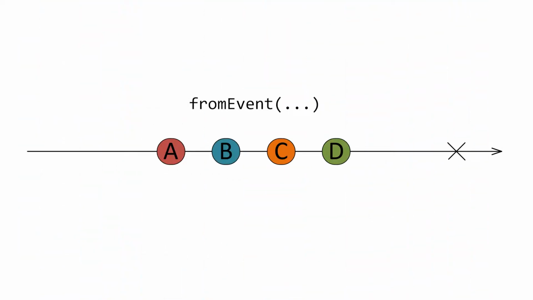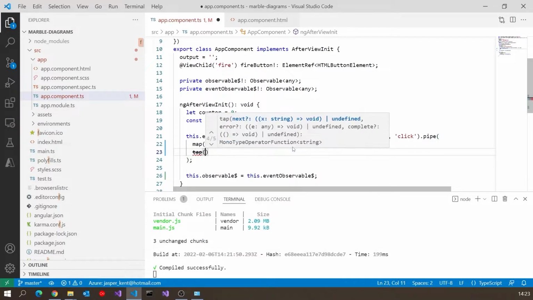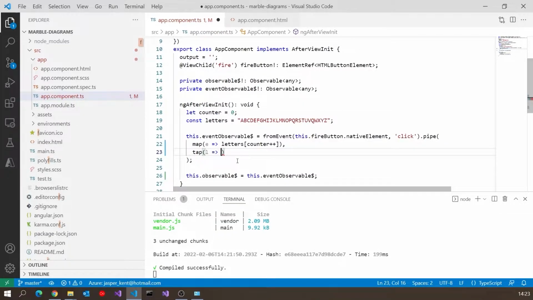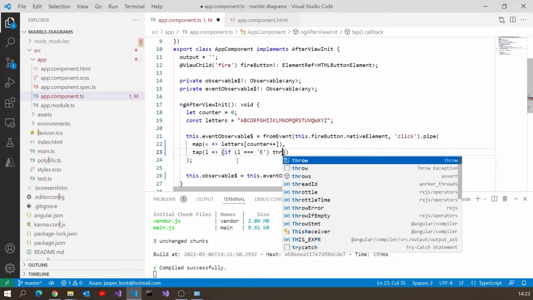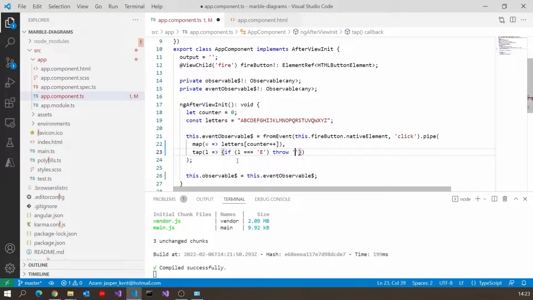There's one other way that we can indicate the termination of an observable, and that is if the observable ends with an error. And the way we indicate that is simply putting a cross through the line at the point where it terminates. So the vertical line indicates normal termination, but if for some reason we had an error, that would be a cross. And again, we can show that fairly easily. What I'll do on this event observable, let's do a tap. So remember, tap doesn't change the event stream, but it can do some other side effect. And we'll put L for letter, and then we'll just say if the letter is, let's say, E, then we'll just throw a piece of text, so let's go "eek".